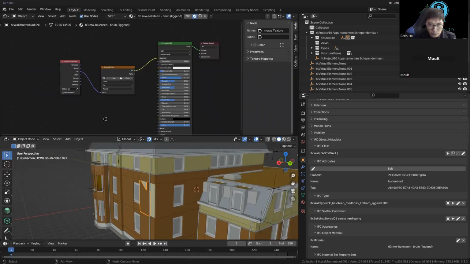That's where the similarity ends, I think. Nodes are a fairly generic interface, in my opinion. They can be used for all sorts of things. I think the main difference lies in how Dynamo and Grasshopper look at their data, which is different from the way the CG industry looks at their data, because the paradigms used in the CG industry are very different. Very often in the CG industry, you use meshes. And in Rhino, for example, you rarely work with meshes. You work with curves and surfaces, and points directly. Whereas over here,